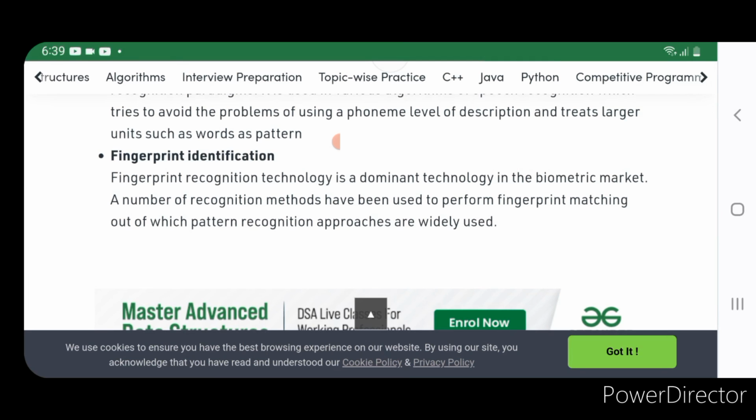Fingerprint recognition technology is a dominant technology in the biometric market. A number of recognition methods have been used to perform fingerprint matching, out of which pattern recognition approaches are widely used. बायोमेट्रिक सबसे बेहतरीन तरीका है आइडेंटिफिकेशन करने का।